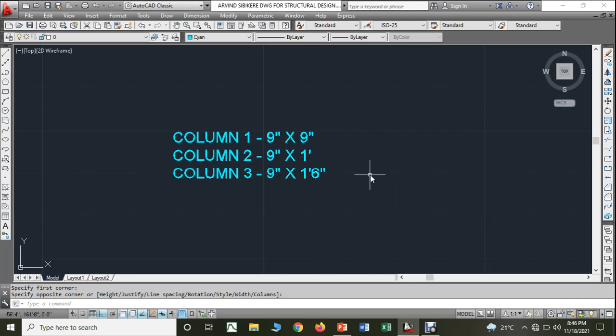Once the column dimensions are decided, my next step is to decide the beam dimensions. In the next video I will explain how to consider the preliminary dimensions of the beams. There are some criteria to be understood, and once I explain the considerations in choosing the preliminary dimensions of the beams and we decide them,